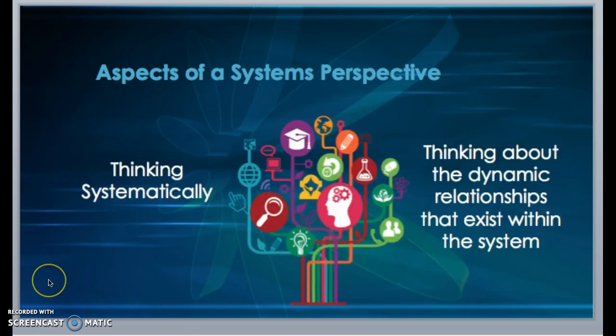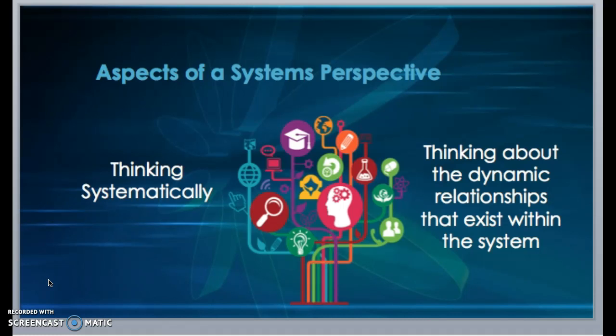One aspect of a systems perspective is thinking systematically. For example, when introducing an innovative technology, one is well advised to consider the acquisition process, the training process, the maintenance and management process, the evaluation of impact, and the implications for other components of the system in order to develop and implement adequate technology plans. Being comprehensive in planning is a hallmark of thinking systematically.